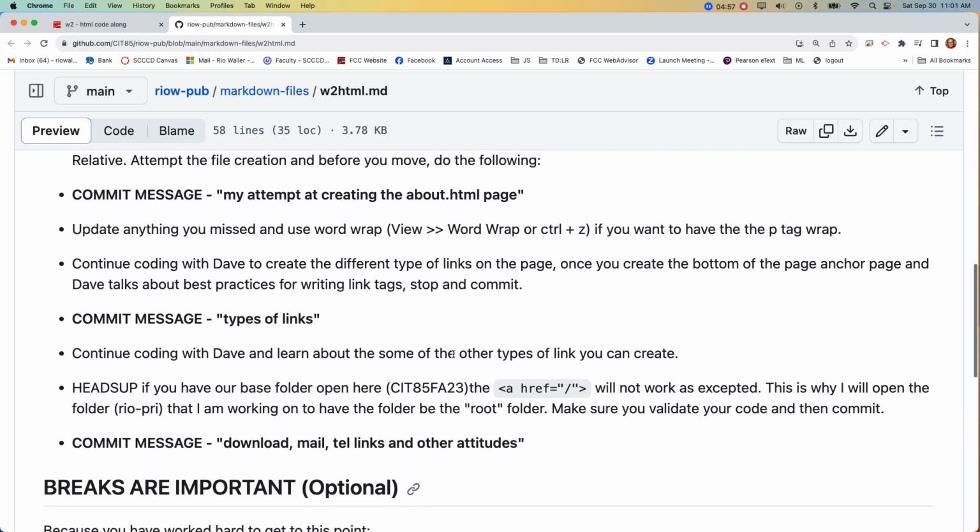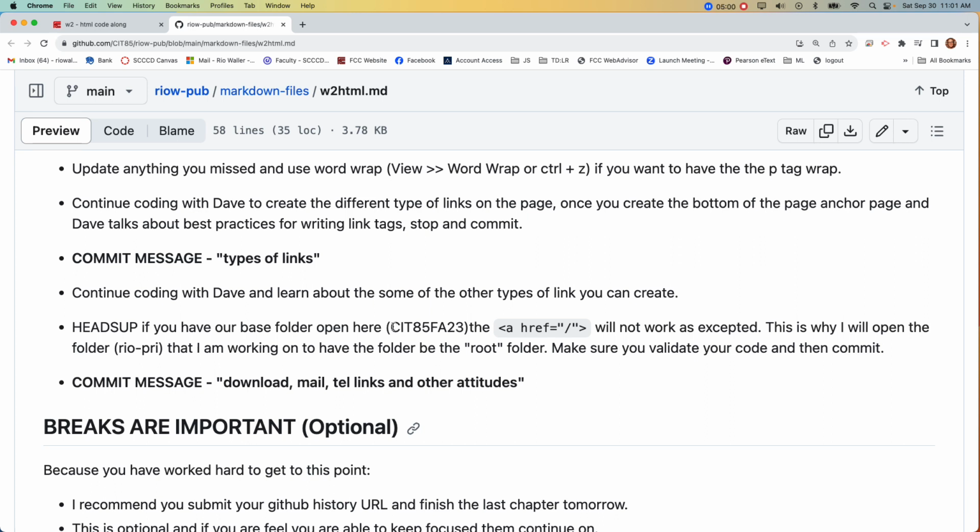Okay, so here's the other thing. When you're doing this code along, Dave, when he's talking about types of links and he does the forward slash, depending on how you have your folder open in VS Code, this will not behave as you think, because when you do a forward slash in your code, it's going to, what we call, look for the root of your